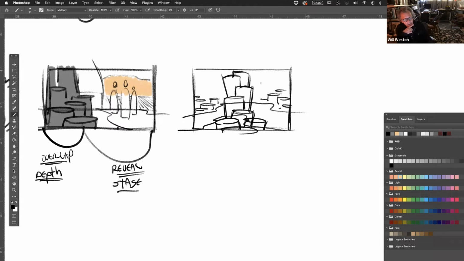Okay. And then if I put my characters in here and they're walking into the scene, as they come forward, their heads are higher, you see? As they go into the scene, their heads are getting smaller. And then as they come here, their heads are getting bigger again, and they can walk out of the scene on this side. Now, some people's heads are a little higher, some are a little lower.